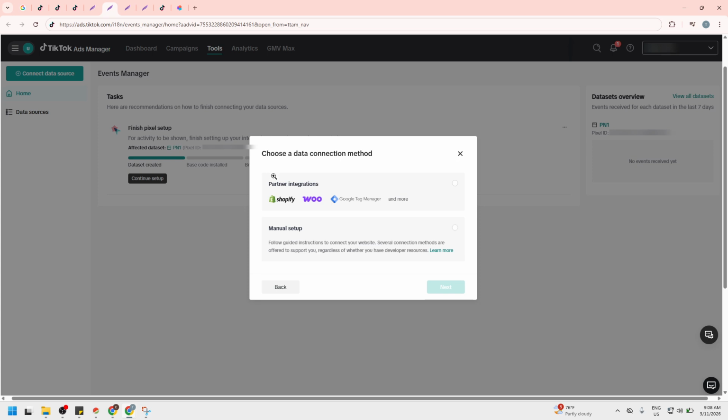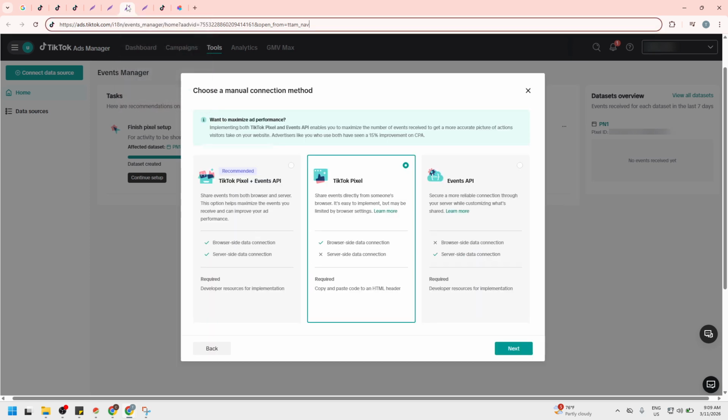Next, you'll choose a setup method. Manual setup gives you full control by generating a code snippet you'll place on your site. Partner integration is available if you use platforms like Shopify, Google Tag Manager, or WordPress, offering a simpler, often no-code connection. For this walkthrough, we'll proceed with the manual connection method so you can see exactly how the base code